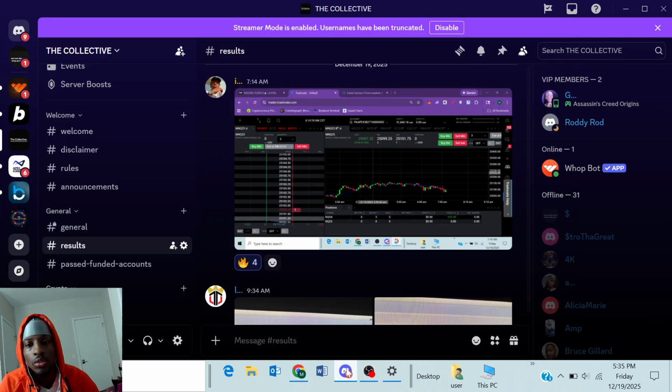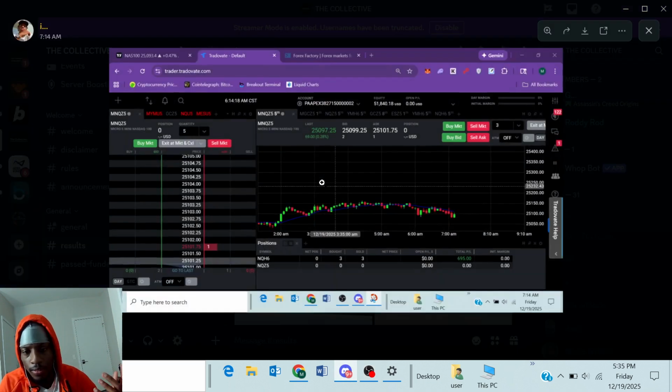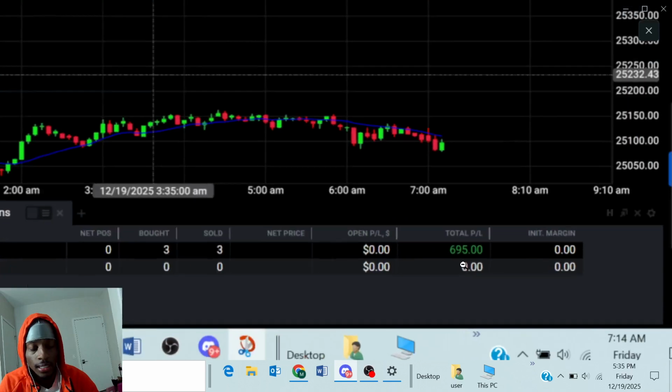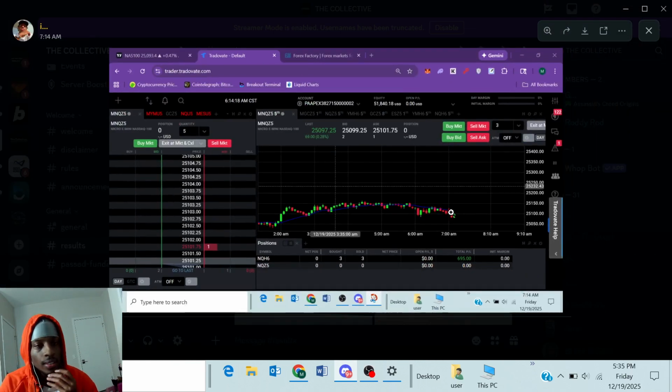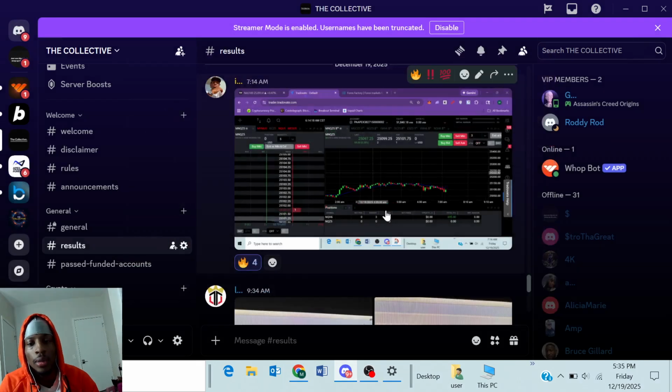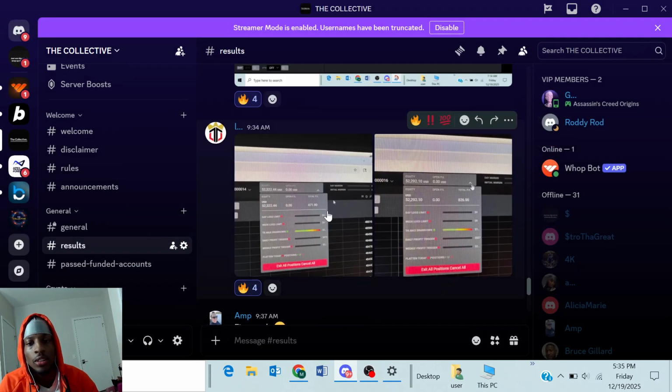So I'm going to go to the Discord. Right here was the accidental profit, the 695 to start off the morning. Accidental profit, but I'll break down how it was accidental. It was a trade attempt initially, just a long story. But when it came to the actual setup that we called out for the group,